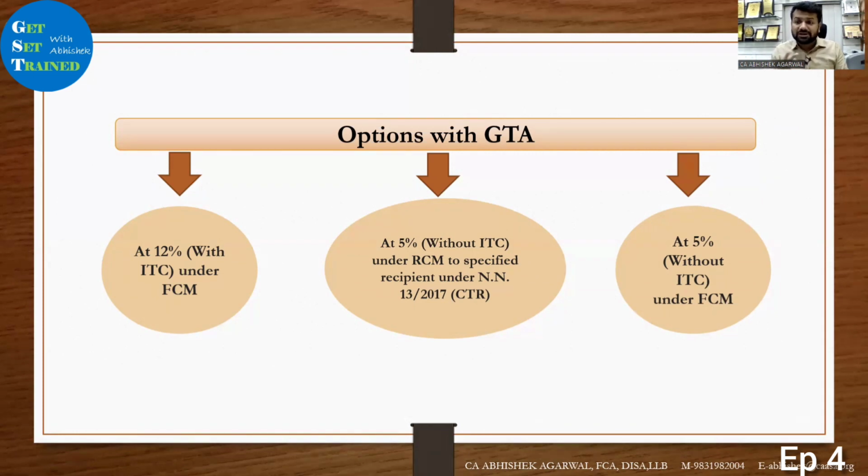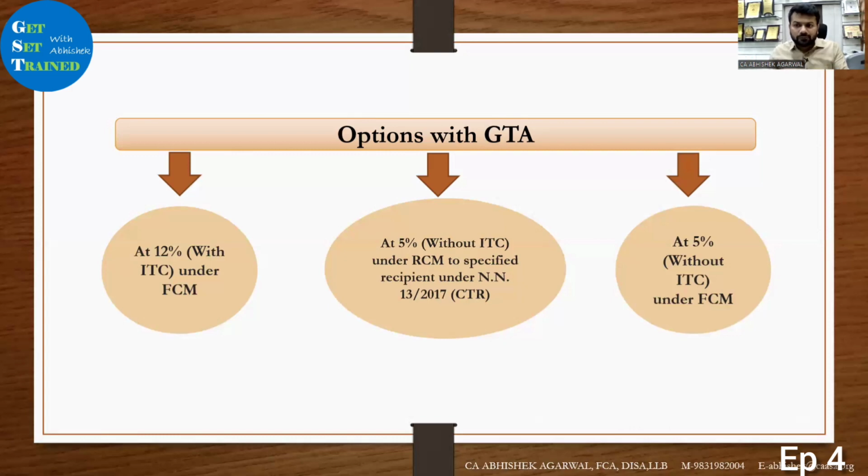तो GTA के पास 18 जुलाई के बाद से तीन ऑप्शंस हैं। वो कंटिन्यू कर सकता है अपने ट्रांजैक्शंस, जिसमें रिसिपिएंट रिवर्स चार्ज मैकेनिज्म में टैक्स पे करेगा। ऑप्शन 2, वो 12% फॉरवर्ड चार्ज में आ सकता है, जिसमें उनको सारी की सारी ITC मिलेगी। और थर्ड ऑप्शन, वो फॉरवर्ड चार्ज में 5% चार्ज करेगा, और उनको कोई भी ITC का क्रेडिट नहीं मिलेगा, और उनको पूरा का पूरा अमाउंट कैश में पेमेंट करना पड़ेगा।